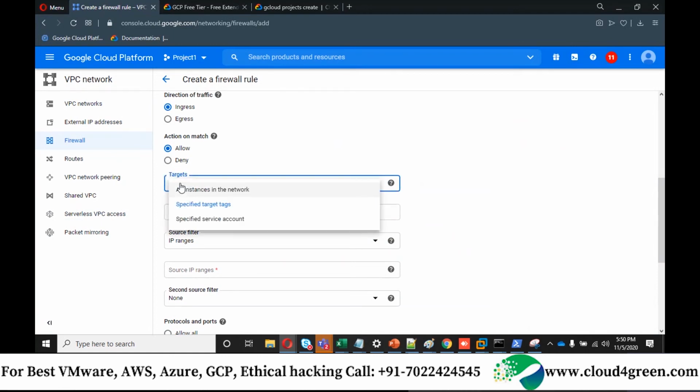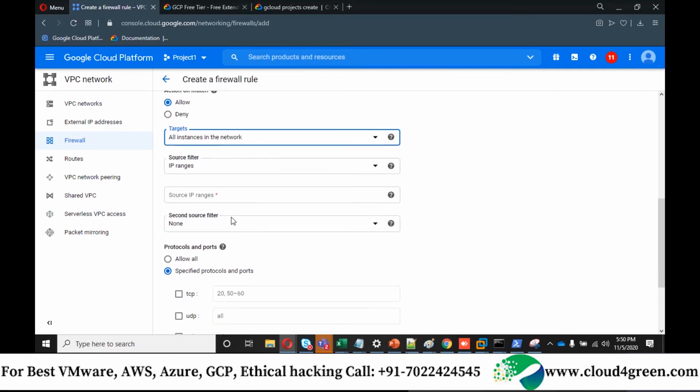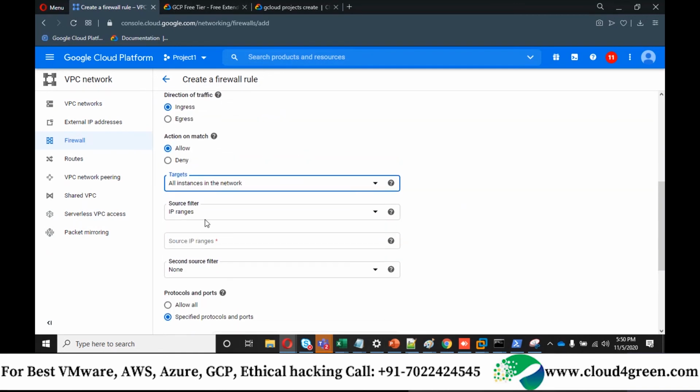Here you can mention like all instances in this network. When targets are the cloud machines, so all machines within that VPC network, and source means from where the traffic is flowing. Okay, you can give a range like 0.0.0.0/0.